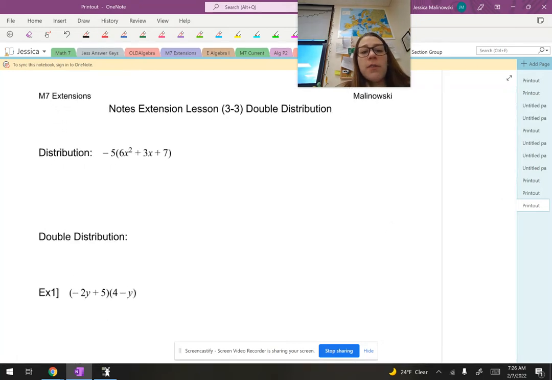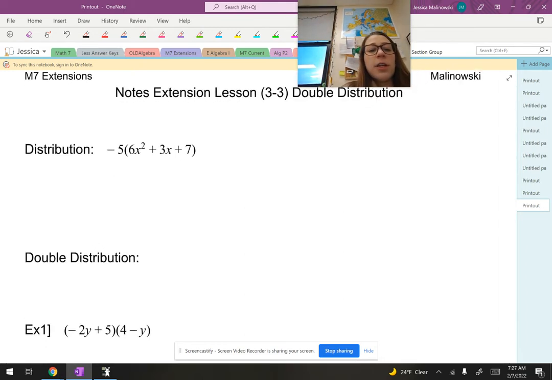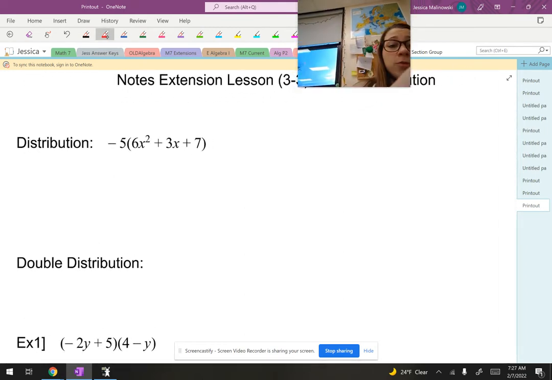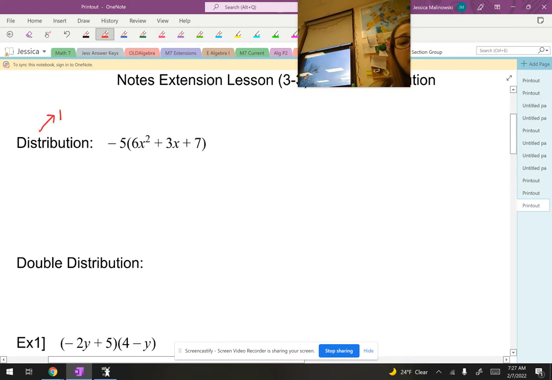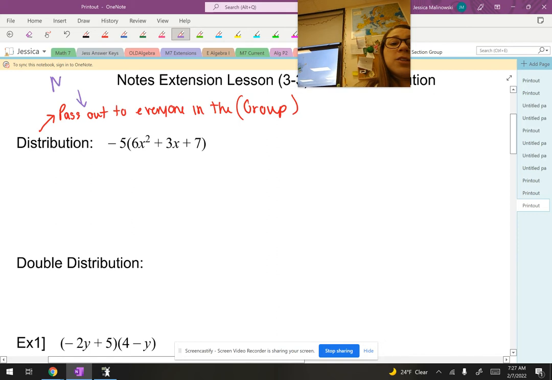Okay, so here we have the extension lesson for 3-3. This is double distribution, so let's just dive right in. Remember, regular distribution is to pass out to everyone in the group, group meaning those parentheses, pass out meaning to multiply,